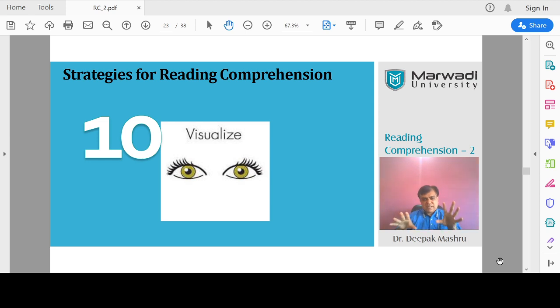Simply close your eyes and visualize what the author is interested in saying. So you can have a mental map. If you can find the picture of the paragraph, you can visualize it, the way we visualize things while reading a novel. If you can do that, it will be very helpful to you. It's a bit difficult in the beginning.